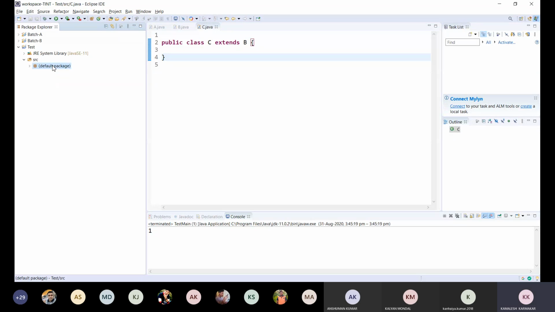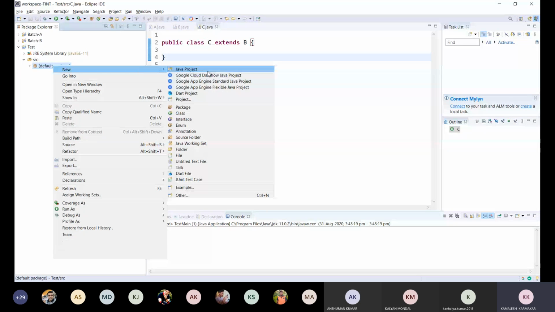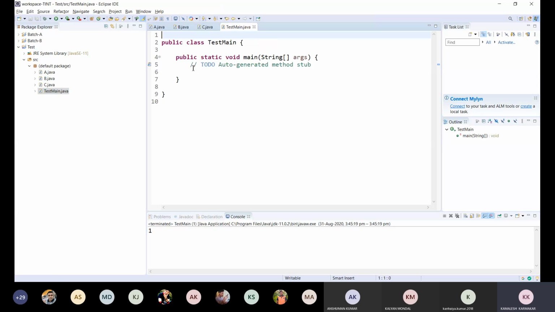Okay. Now from my test program, I want to call them. So I want to define another class, test main. From this test main, I will create an object of C class.